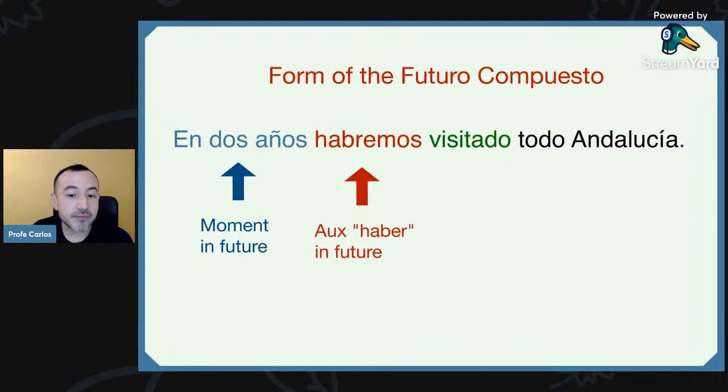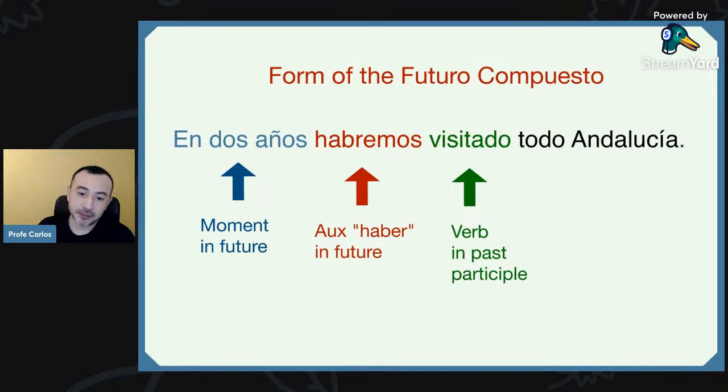And then we have visitado. So this green part, visitado, always comes up, right? When we are practicing grammar in Spanish. This is what we call the past participle of the verb. In this case, the verb visitar, which is a regular verb